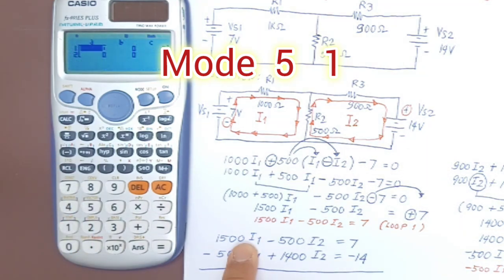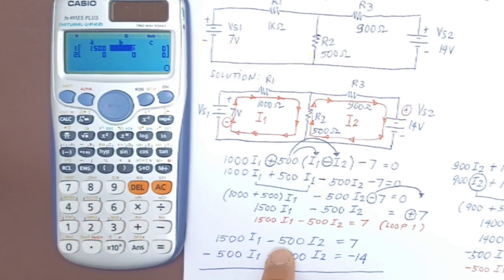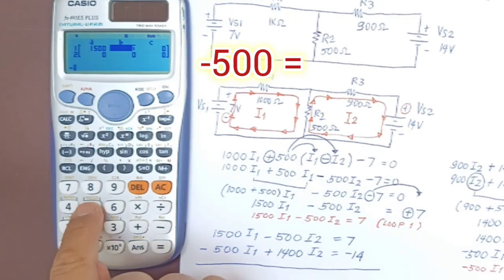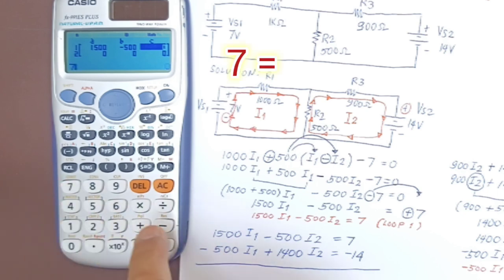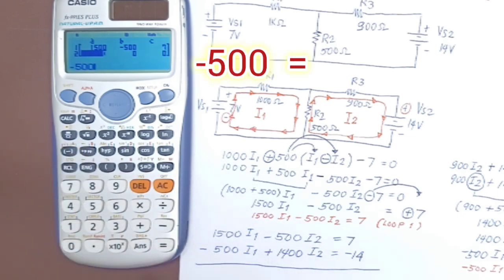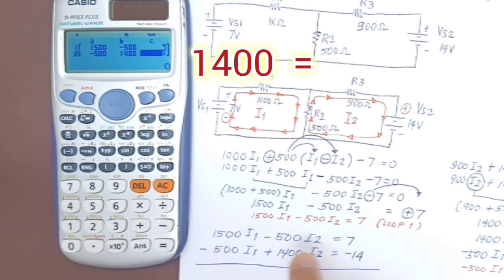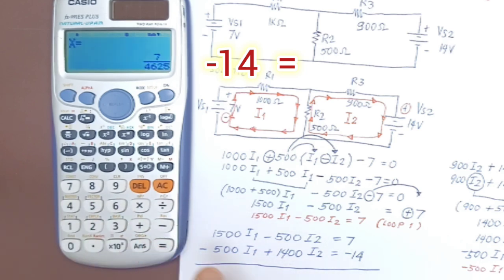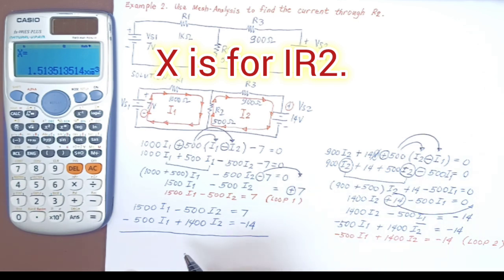So let's use number 1, and let's put 1500, press equals, minus 500 or negative 500, press equals, then 7, press equals, and then negative 500 equals, plus 1400 equals, and finally negative 14 equals, and you will see the value of x, which represents the I1, and that would be